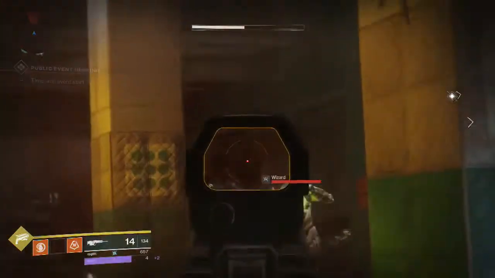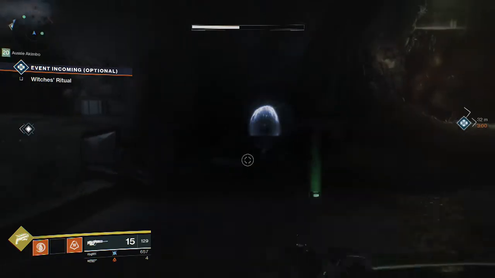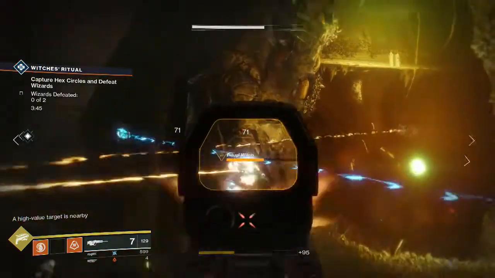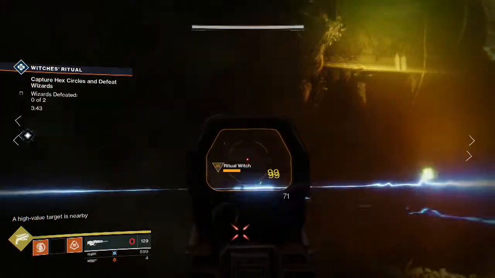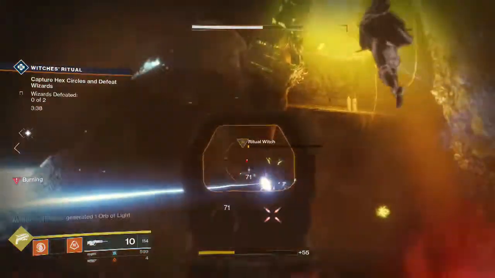The next one is the Witch's Ritual on Titan. This one is the Hive event on Titan. Going in, you stand on these plates, you drop those immunity shields on the wizards, and once those wizards go down,